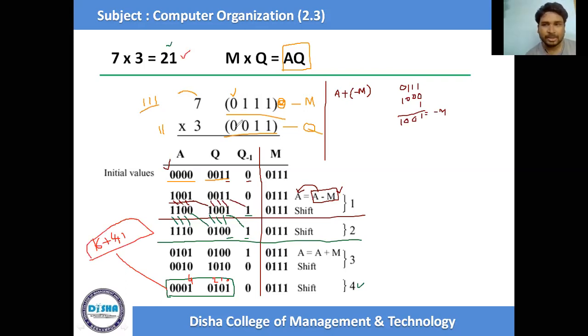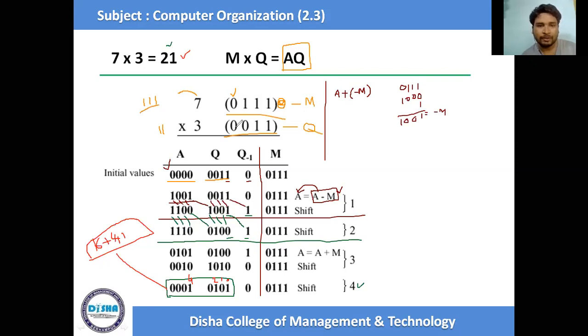Okay, so this is the Booth algorithm. In Booth algorithm we have to first find out the value of M and the value of Q, and after that we need 2 extra spaces: the accumulator, basically called A, and another is q minus 1. The accumulator contains the same number of bits as M and Q. And q minus 1 is always a single bit number. Initially it is taken as 0.